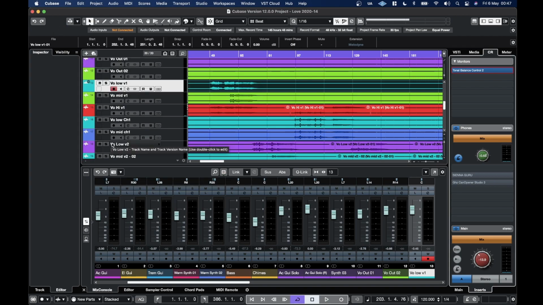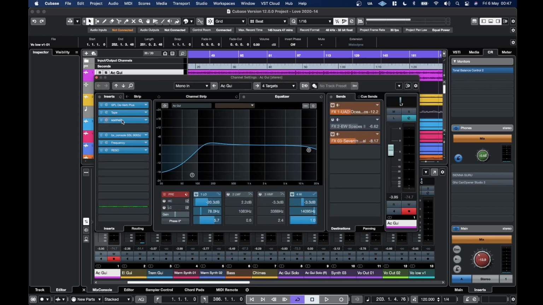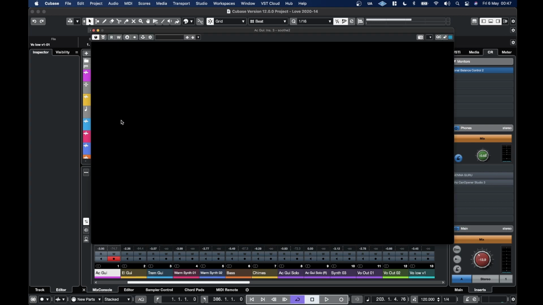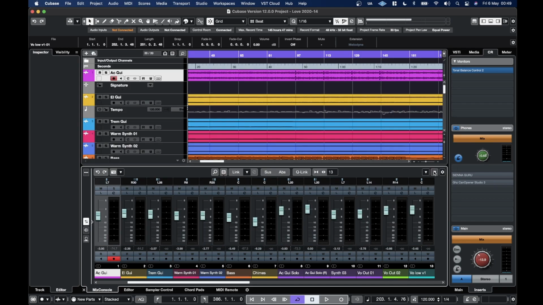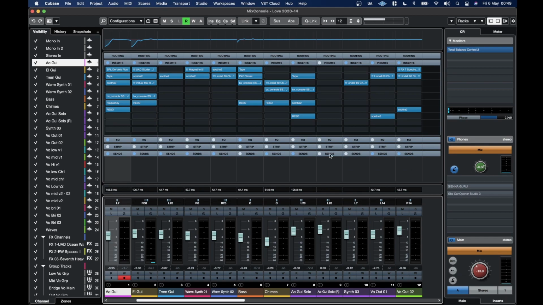Another major one is Soothe 2. You can see here Plugin Alliance stuff, Softube stuff, Master of the Mix, but also Soothe 2 just received support there within the last week or so, maybe even less than a week. So if I open up the mixer here, we can take a look and see all the different instances of